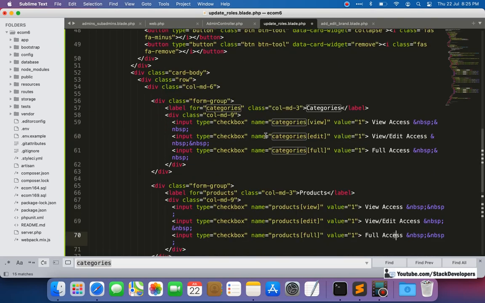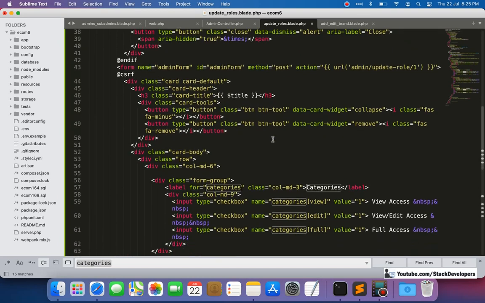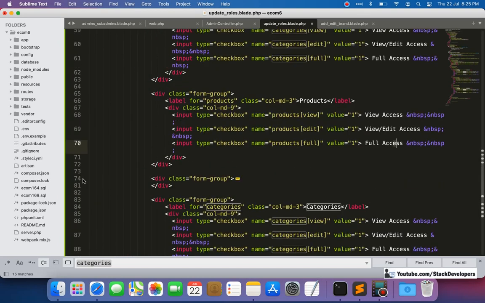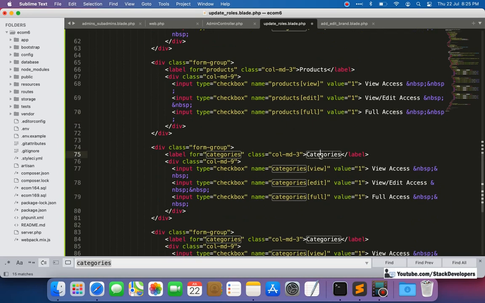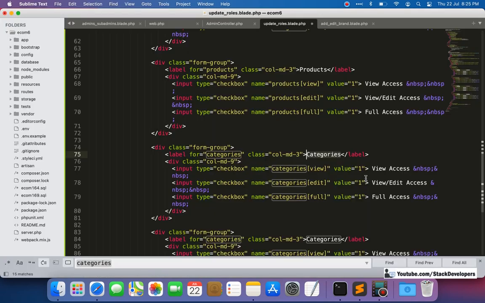After products, categories, products, and here coupons also, you can give the coupons also, then orders also.